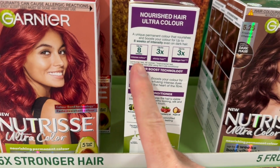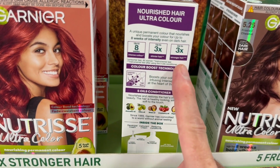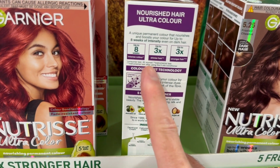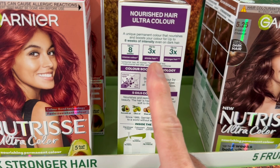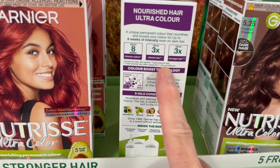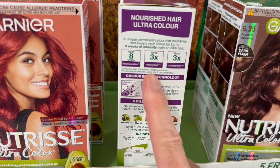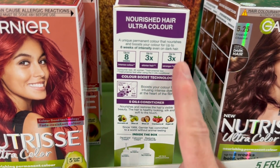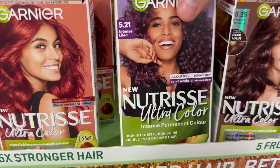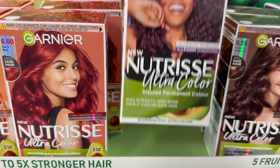It's mentioning here that it's got intense colour with an asterisk, shinier hair, stronger hair. So that's a consumer test, this first asterisk here, of 85 women. And then we've got this up to 3 times shinier hair, which is an instrumental test. And then this last one, which is interesting, instrumental test after using the 5 oils conditioner, up to 3 times stronger. So that's because that test that was done on the stronger hair is after someone's used the conditioner inside